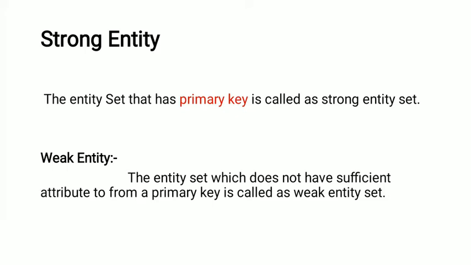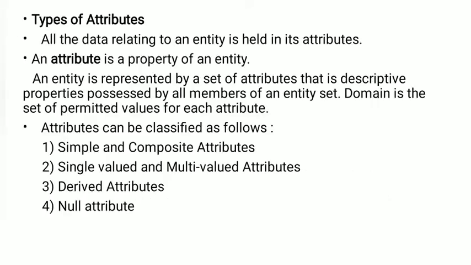Attributes: simple attribute, composite attribute, single value, multi-value, derived attribute, null attribute. Let's see all the attributes. All the data relating to an entity is held in its attributes. An attribute is nothing but a property of an entity. An entity is represented by a set of attributes, that is, descriptive properties possessed by all members of the entity set. Domain is the set of permitted values for each attribute. And as follows: